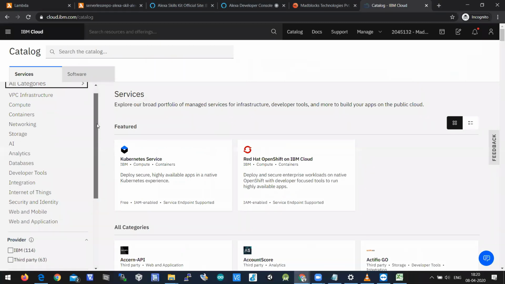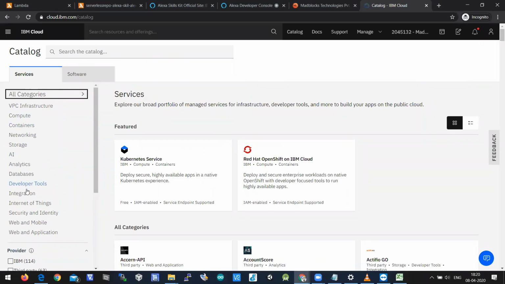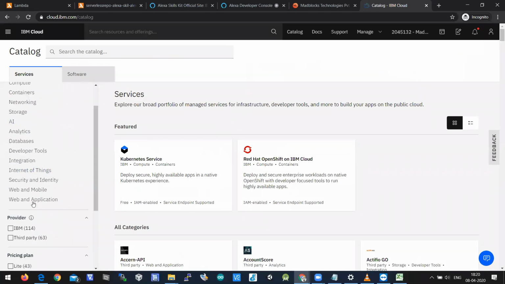These are the different types of domains which are available in IBM Cloud. Related to databases, related to analytics, related to artificial intelligence, related to Internet of Things. You can have web and mobile application interfaces here. You can build security related ideas and projects. You can easily integrate this IBM Cloud with any application that is available offline. You'll have a lot of developer tools also. Testing tools and programming tools are available in IBM Cloud.